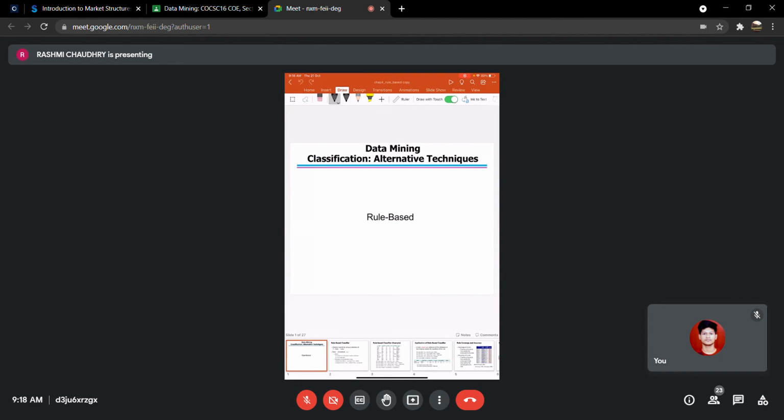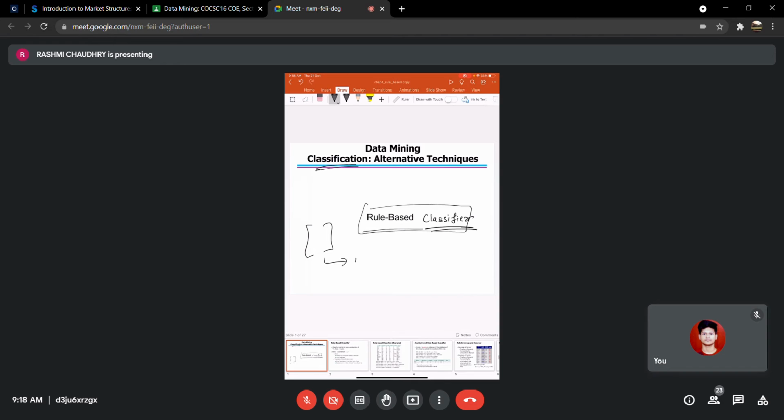Okay. So today we are going to start with rule-based classifier. In our previous lectures, we discussed decision tree. One more classification technique we are going to explore today, which is based on rules. So this rule-based classifier is a technique for classifying the given set of records